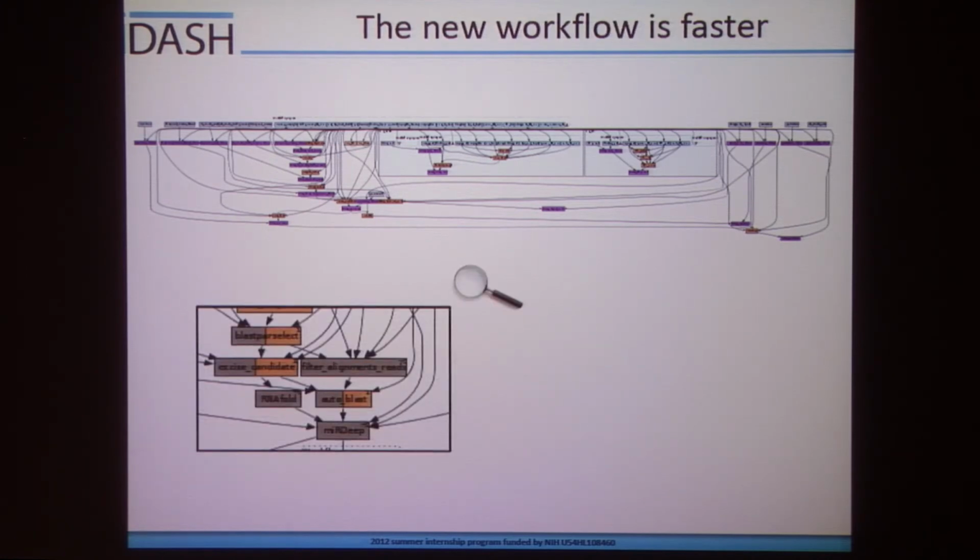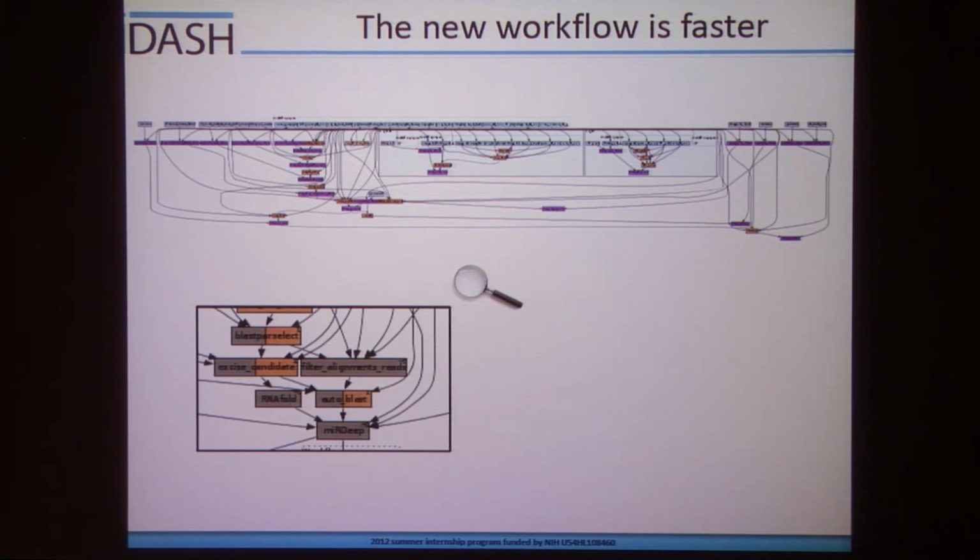Also, it's faster. I took a snapshot when it was running, and as you can see, we have some parallel steps in the workflow. And these boxes next to each other are executed in parallel. So we have a speedup here. Also, every step can handle multiple samples in parallel at the same time. Each of these steps creates multiple threads of the same code and runs these threads using the available samples. So we have two levels of